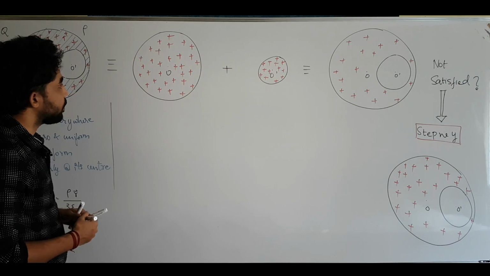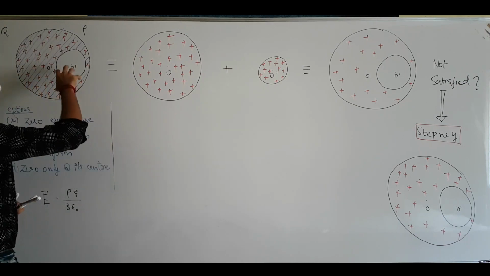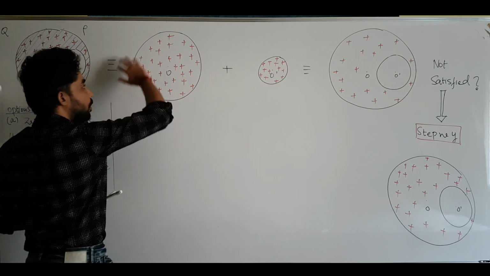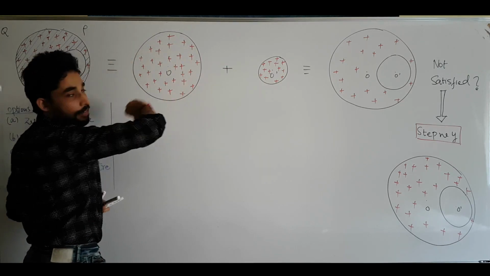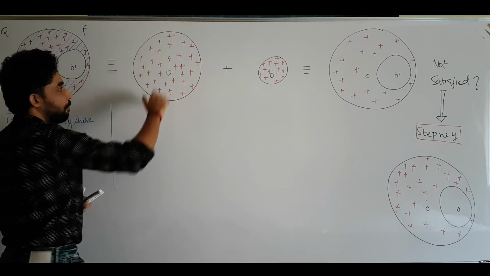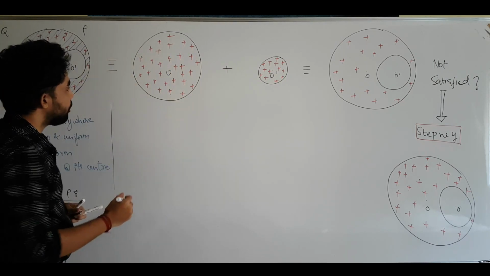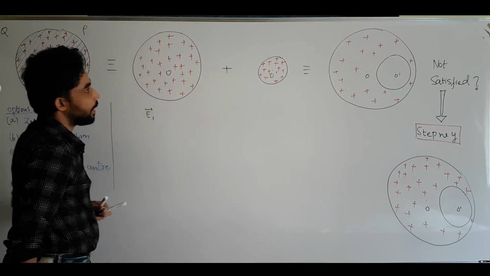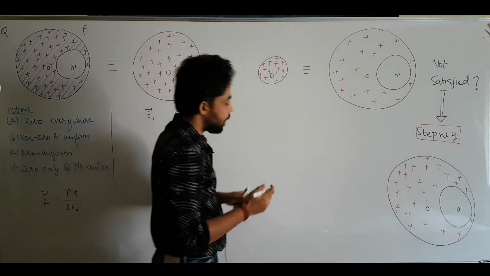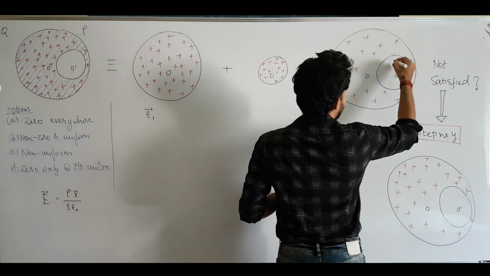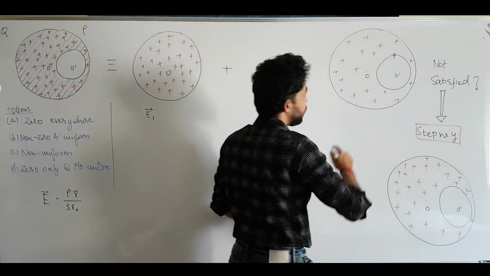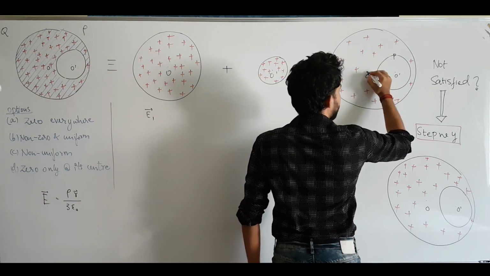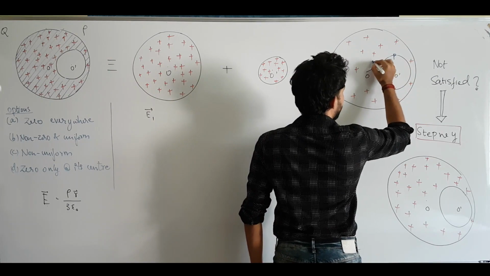So first what we have to do is, let's consider this solid sphere before scooping this portion out. That is the full solid sphere without any cavity, and all the charges are uniformly distributed. So let me find out what will be the value of electric field due to this solid sphere at some point within the cavity. That is, let me take a point P which is within the cavity, and the distance from the center of this solid sphere to that point P, let it be r1 vector.